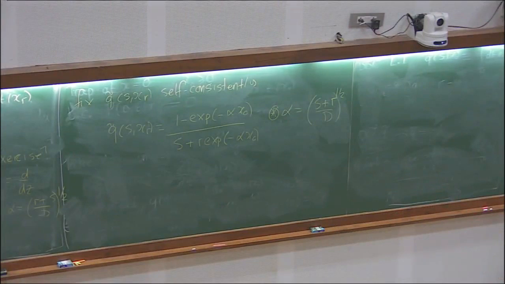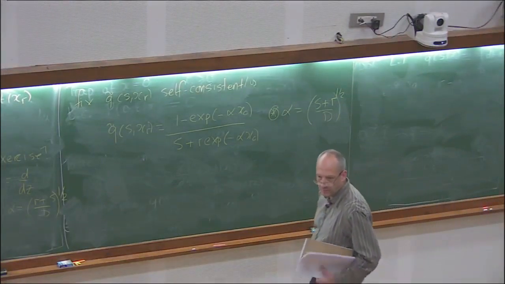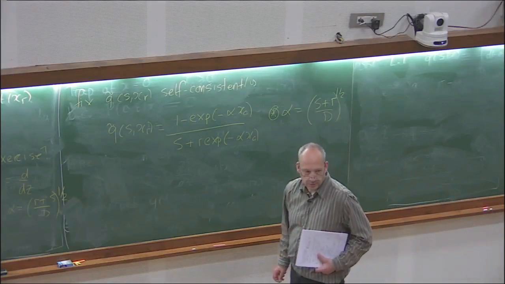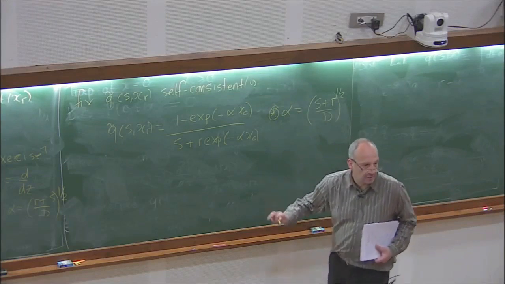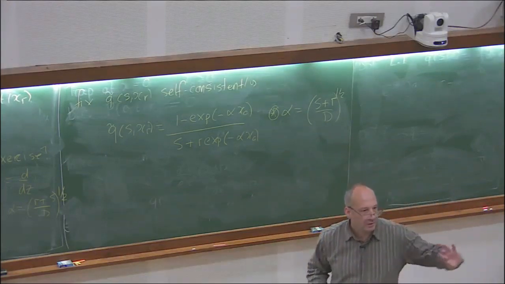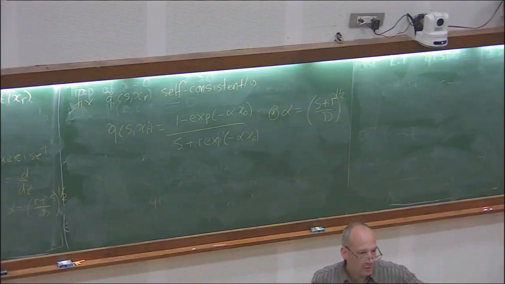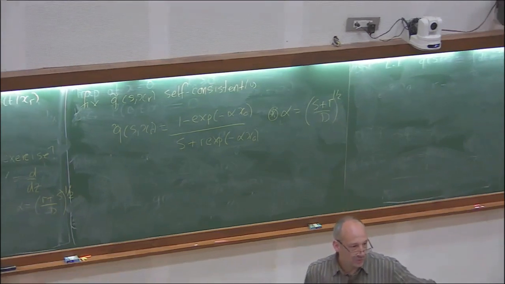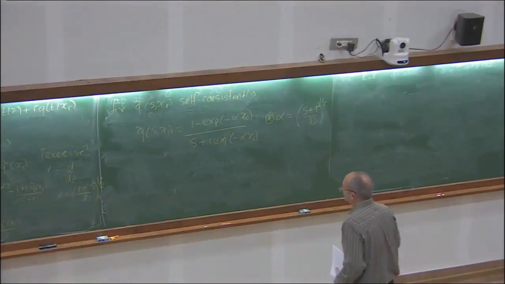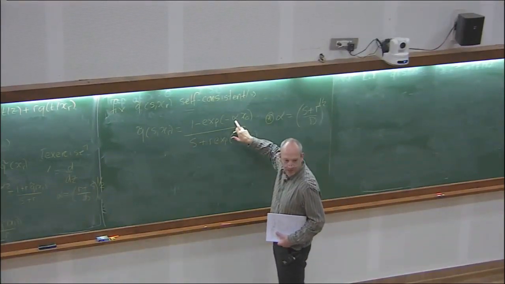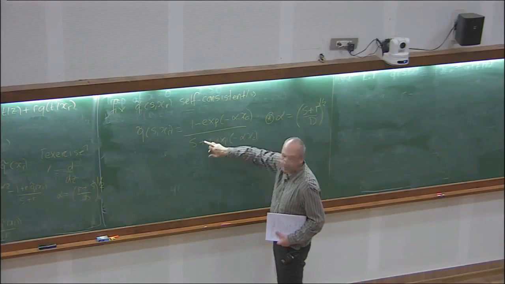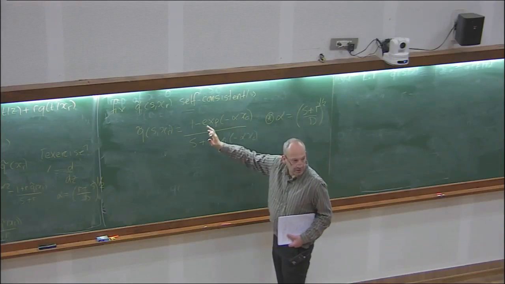We'll look at this next time. I'm not going to go through it now. But the important thing to note is that if I take R goes to 0, I should recover the result from the first half of the lecture, just diffusion with the trap at the origin. And you see that I do. If I take R goes to 0, I lose this term, and alpha becomes alpha naught. And I get that result.